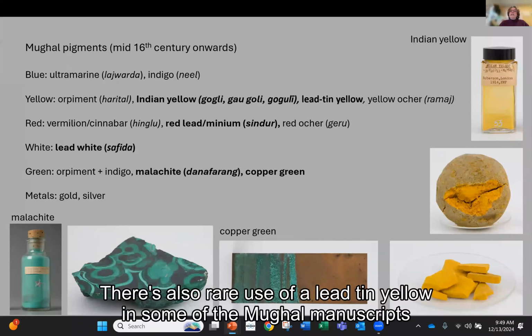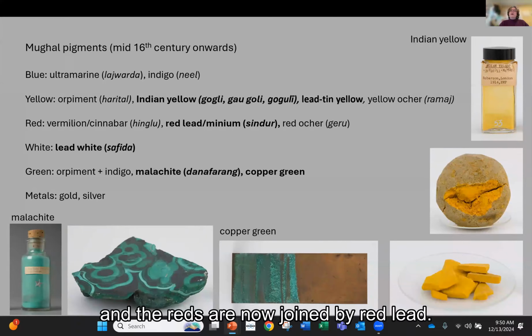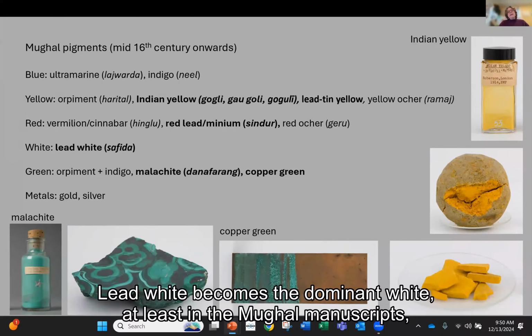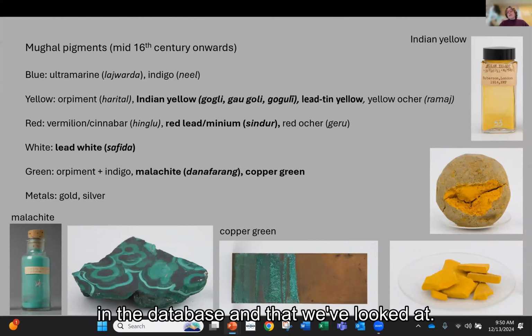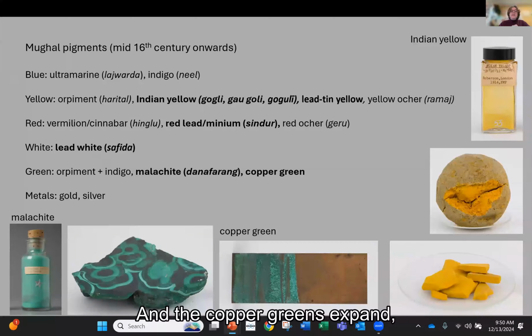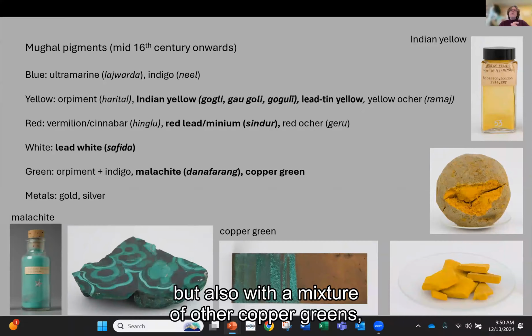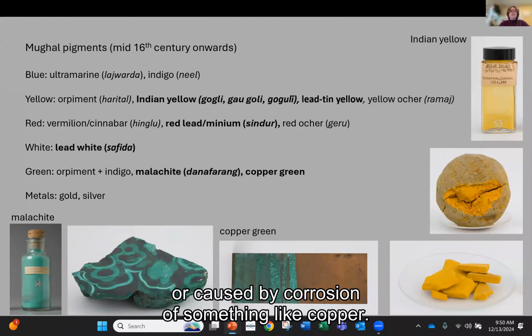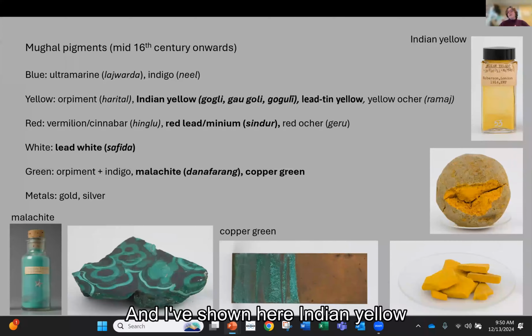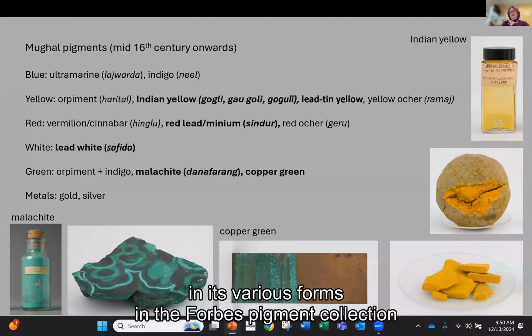There's also rare use of a lead tin yellow in some of the Mughal manuscripts, and the reds are now joined by red lead. Again, sort of a more orangey red. Lead white becomes the dominant white, at least in the Mughal manuscripts in the database and that we've looked at. And the copper greens expand, particularly with malachite, a copper carbonate, but also with a mixture of other copper greens, which could be either natural minerals or caused by corrosion of something like copper. And I've shown here Indian yellow in its various forms in the Forbes pigment collection, and then some of the